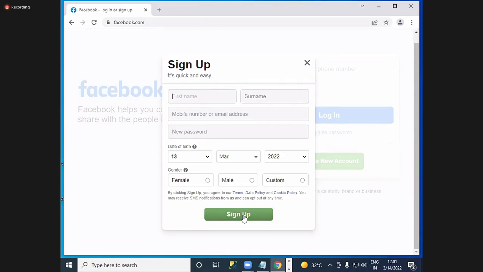I am interacting with this online application and sending my request. What is my request here? Sign up. After entering all details, when you click on sign up, the click event will be fired and your request will go to the server. First it will go to where? The web server, and it will be processed by the web server.